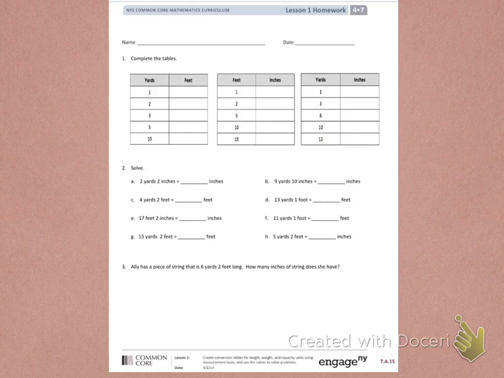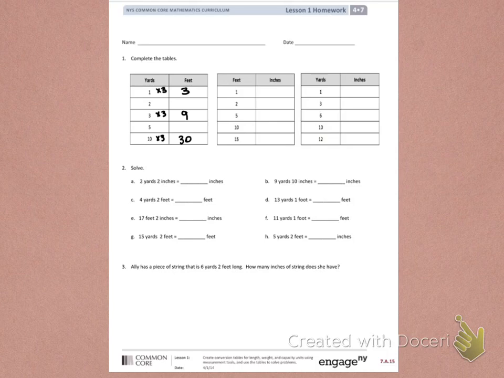So in completing the table, I'm just going to look at the information your students should already have. So converting yards to feet, 1 yard is the same as 3 feet. So that means to get from 1 yard to 3 feet, I would be multiplying by 3. There's a multiplication by 3. So I'm just going to skip around and do a couple problems on the chart. So to get 3 yards to turn to feet, I'm going to multiply by 3, and it makes 9 feet. To get 10 yards to be converted to feet, I'm going to multiply by 3, and you're left with 30